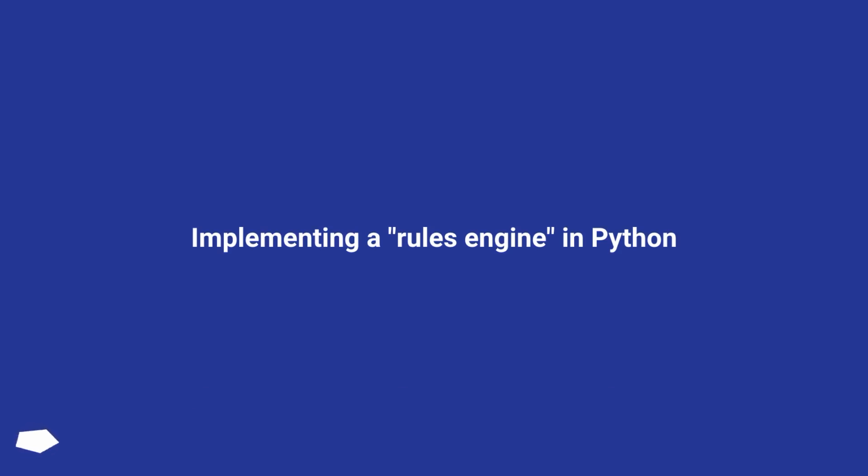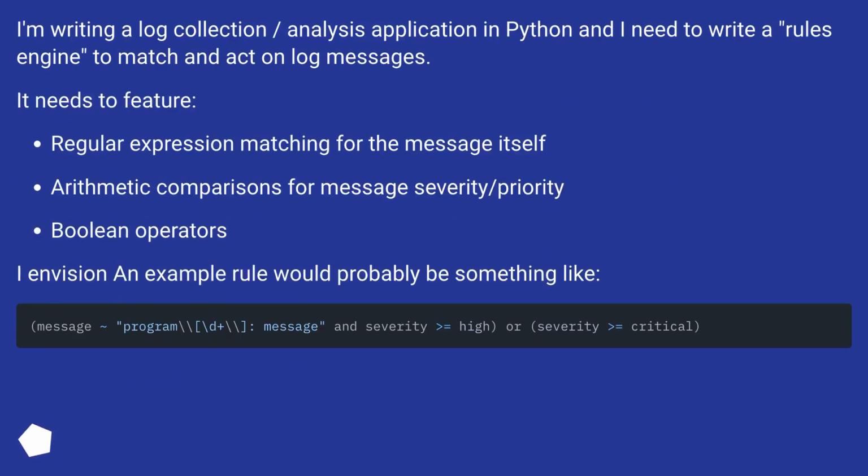Implementing a rules engine in Python. I'm writing a log collection analysis application in Python, and I need to write a rules engine to match and act on log messages. It needs to feature regular expression matching for the message itself, arithmetic comparisons for message severity/priority, Boolean operators. I envision an example rule would probably be something like